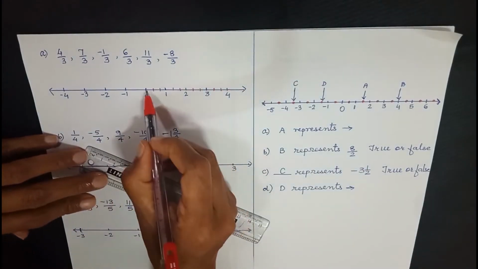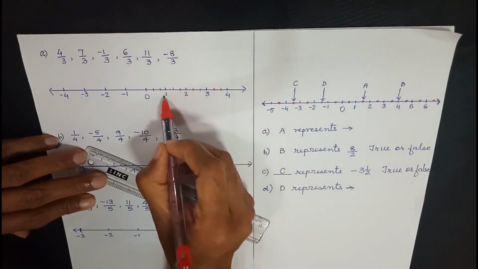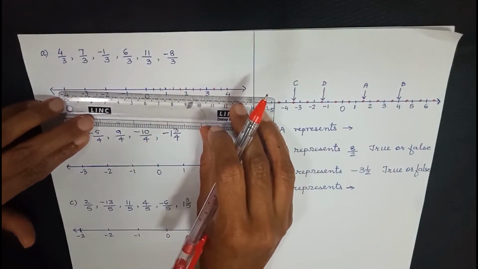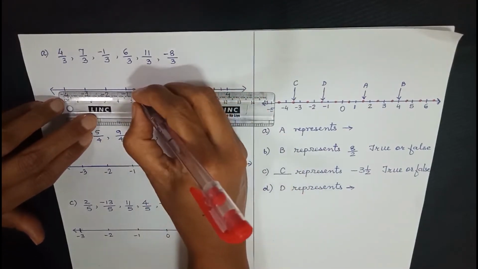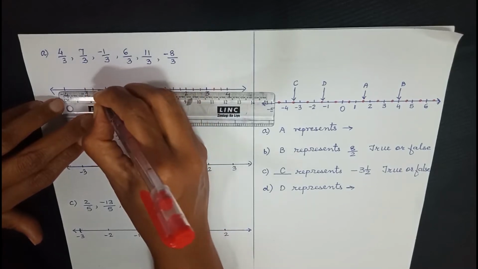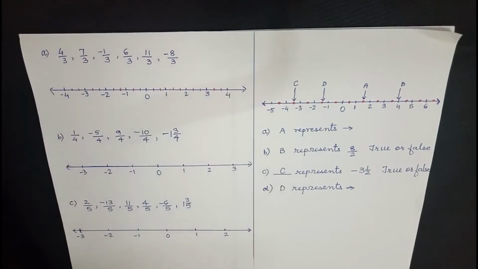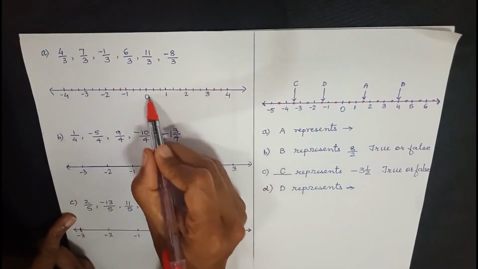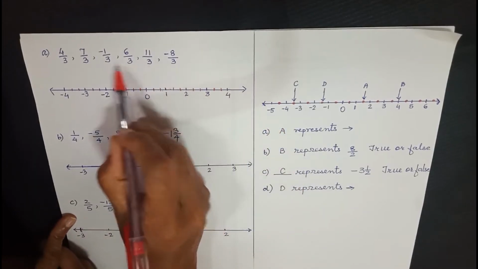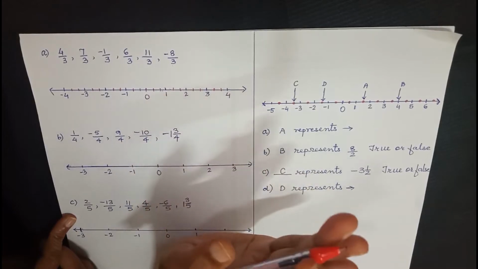That means we are dividing each unit distance into 3 parts. So you can see this one has got divided into 1, 2 and 3. Again 1, 2 and 3. So between these two also there are 3 parts. Same thing we do on the left hand side also. We divide it into 3 equal parts. Right? So this is the first step. That is, we divide each and every unit on the number line into the parts which is equal to the denominator. So here the denominator was 3. So we divided into 3 parts.